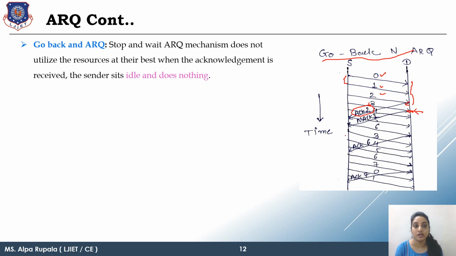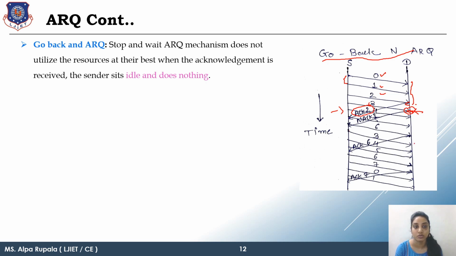The sender will go backward and check which sequence number was received successfully, and it was PDU 2. So the sender will again, starting from 3, retransmit the PDUs 3, 4, 5 and 6. Even though there is a problem in only a single PDU, we are retransmitting a bunch of PDUs,